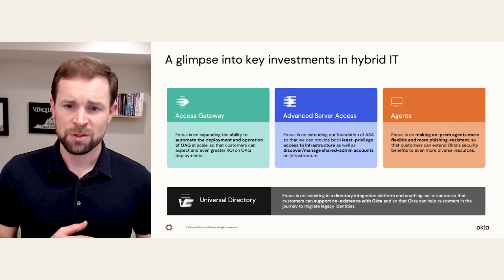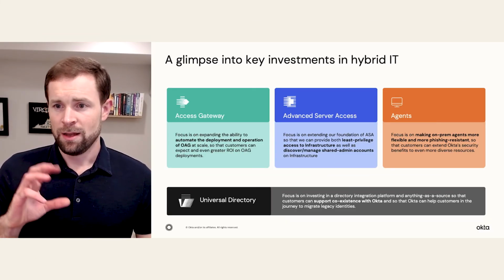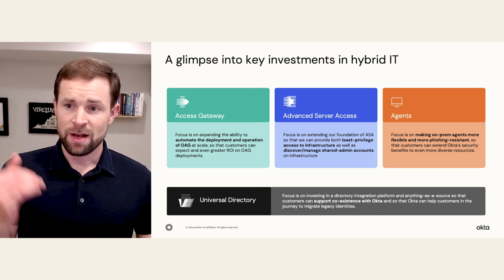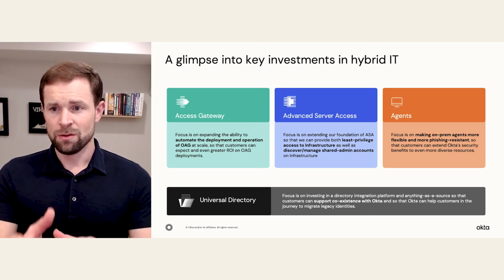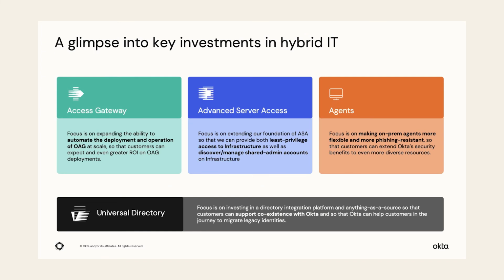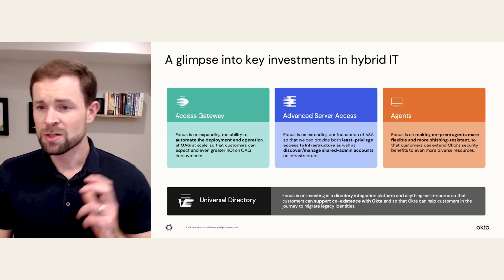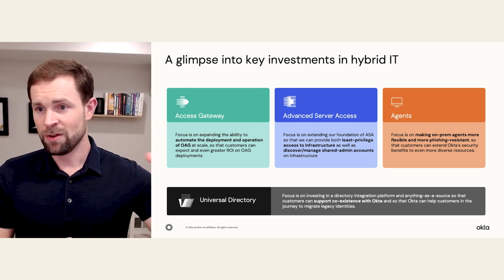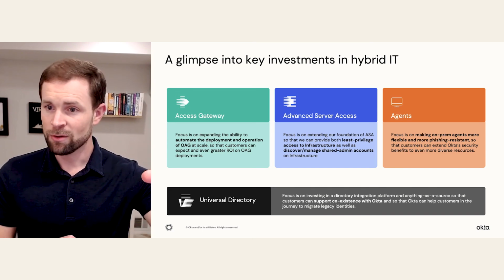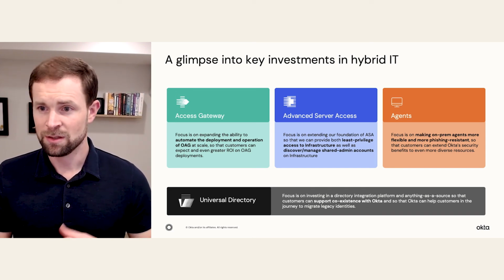And then with respect to agents, the agents are all about extending the functionality of Okta to these on-premises resources. And so to advance that, where we're focused is making the on-prem agents more flexible so that they can integrate with more resources and more situations more easily. So an example of this is supporting more flexible attribute mapping for Radius. And we're also making them more phishing resistant. So as we develop more and more phishing resistance in the Okta platform level, making sure that that makes its way into the hybrid world as well. So an example of that is supporting the number challenge, which makes Okta Verify Push more phishing resistant,